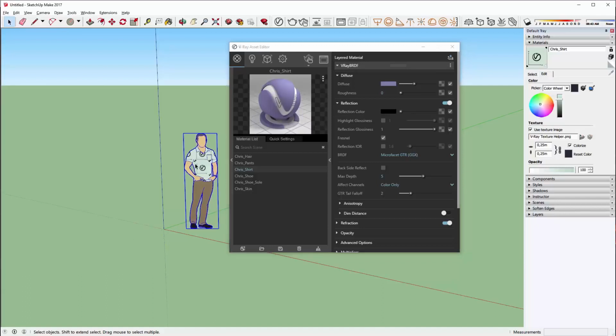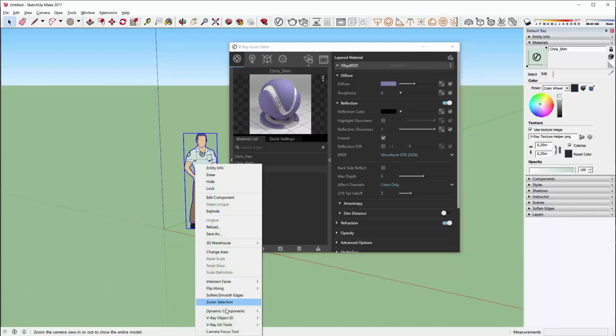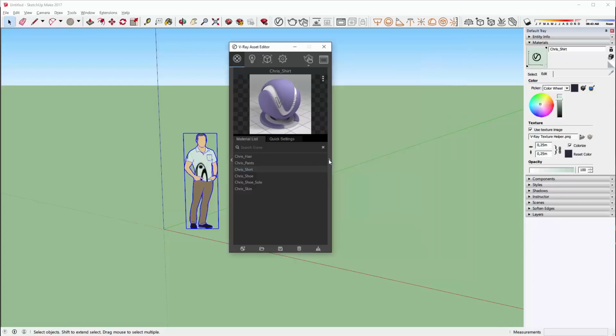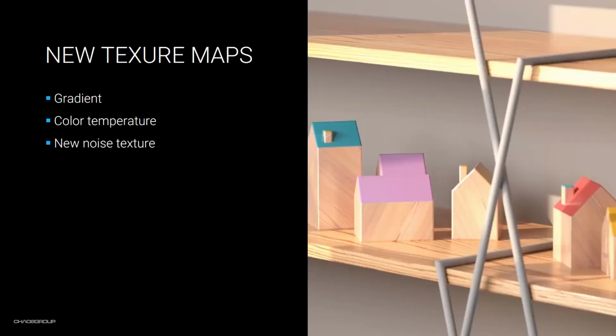We have also made some tools for UVs that I can show you right now. They're called UV tools. And we have triplanar projection, and this is just the fit option. It's going to try to fit the texture inside of the bounding box of the model. And it works not only with simple objects, but with complex geometry as well, so try it out. And this is just barely scratching the surface. We've done lots of changes to the V-Ray for SketchUp. Let's move on to the next thing.